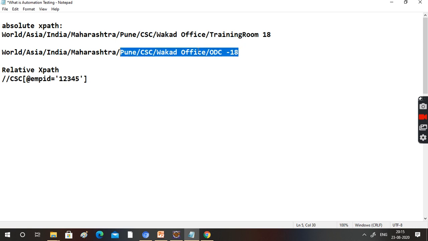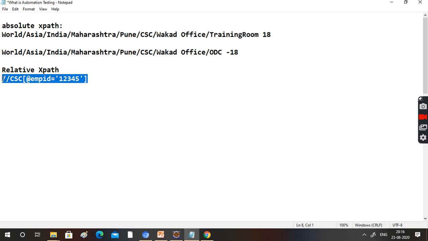As I said, right now you are located in the ODC 18, but you are not sure you will be in the same project forever. Once your project gets over, immediately you will get the release. Once you get the release, will the project team allow you to stay there? They won't allow. Immediately you have to vacate the ODC. It's a secured ODC, so vacate it. Go to the bench or go to another project. So they cannot identify you in that particular ODC. So if you use this one, whether you are staying in India, or on the bench, or in a project, this way is really easy.